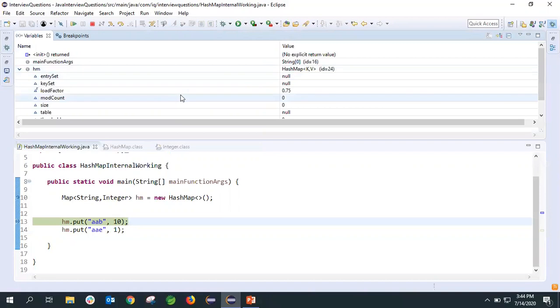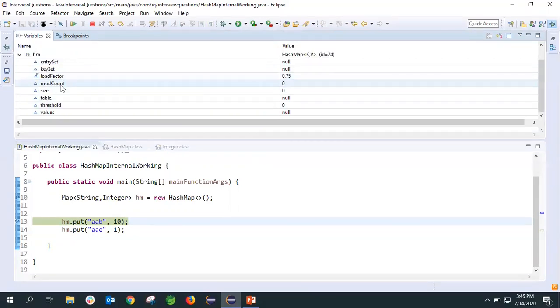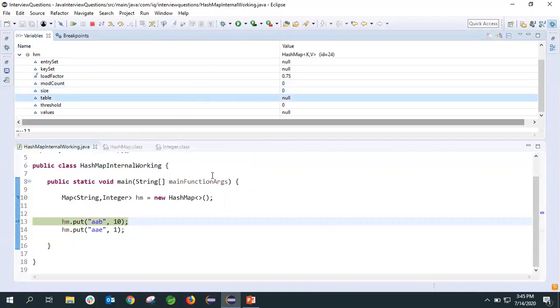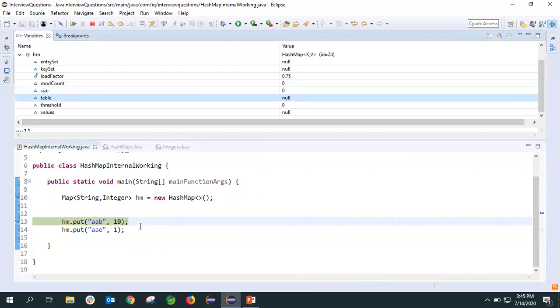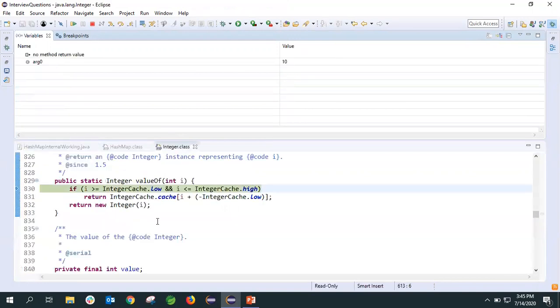If you see here, we have a table and its value is null. In order to insert any value into the map, we'll write hm.put of key comma value. In order to go inside the method to understand what is happening, we'll press F5.